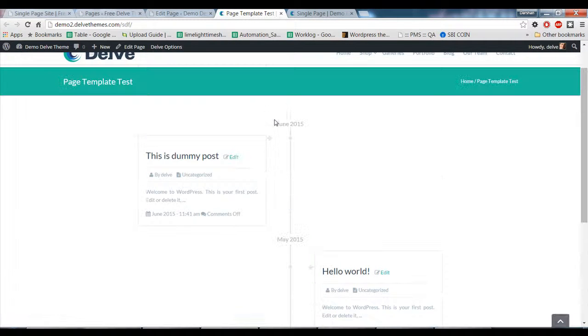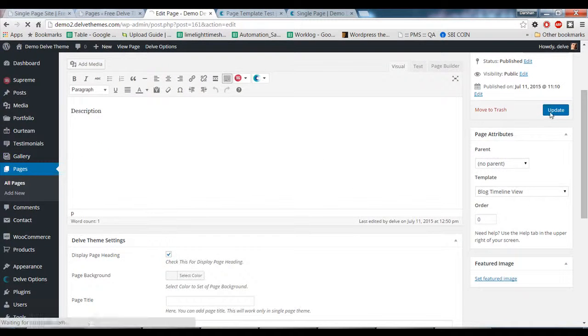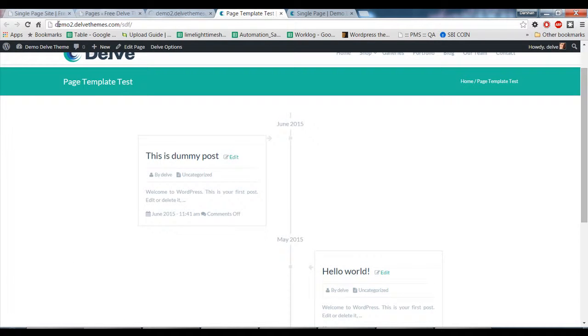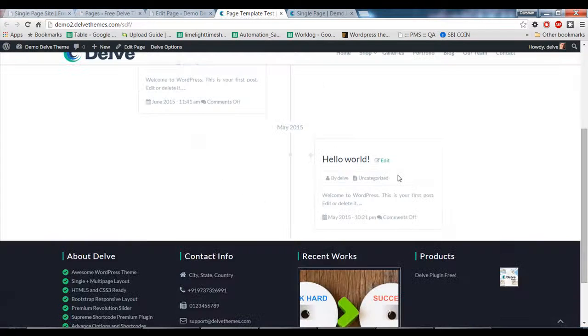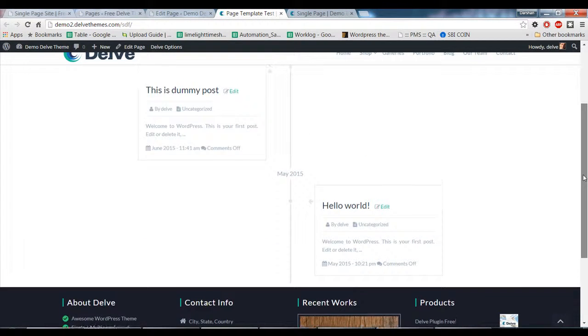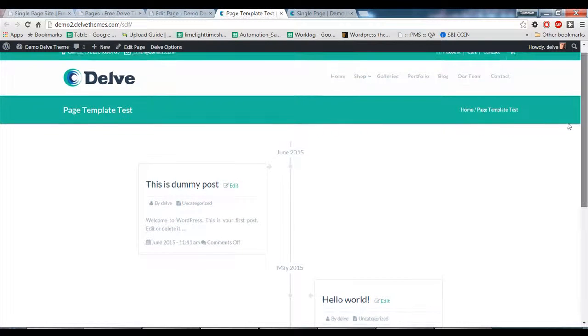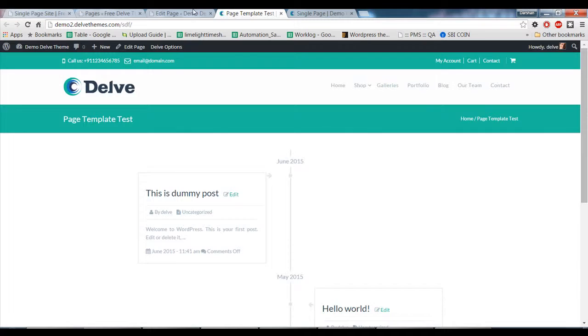Okay, and let's also remove the 2-column. I think 2 column is not affecting here right now. So this way it is going to display in a timely manner. The latest post will be on the top. So that was a timeline view,